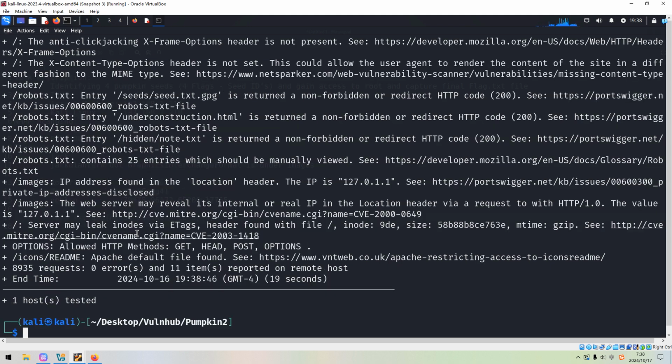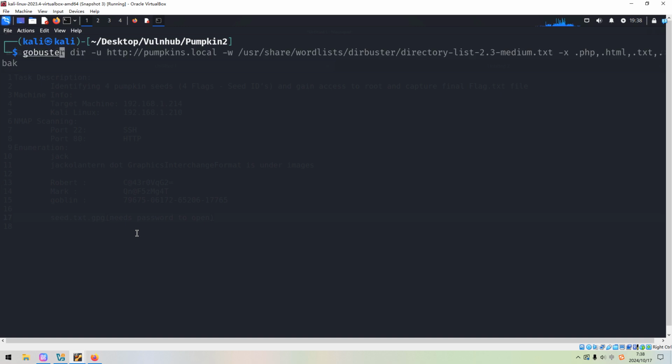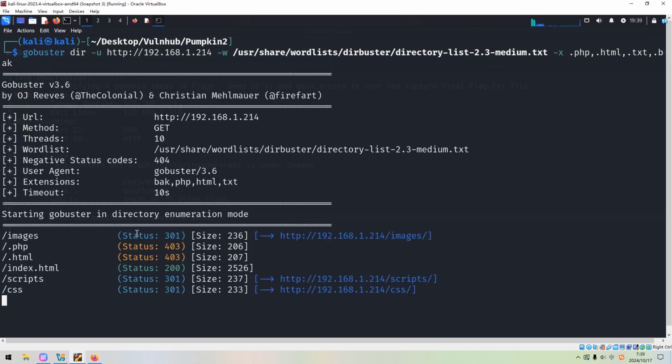So nothing much. Next, we can launch GoBuster to do the directory enumeration. Word list, GoBuster, directory. Okay.